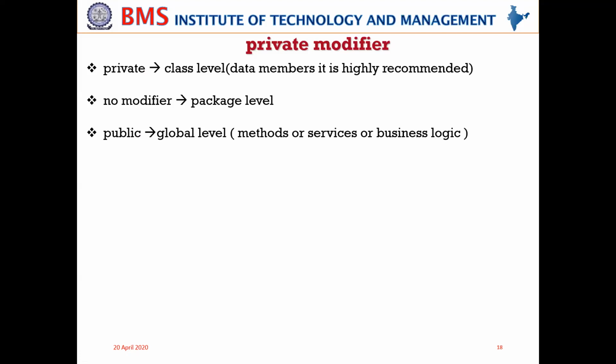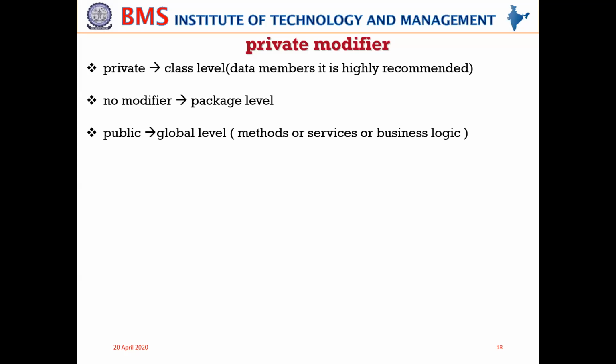Usually, whenever we define a class, our class will have two important components. One is your data members, another one is member functions. Member functions are the ones which provide the business logic, or the services to the user. Whenever you develop an application, member functions are the ones within which you implement the business logic, or through which the services will be provided to the customers. So in such applications, it is usually recommended that you declare the member functions as public.